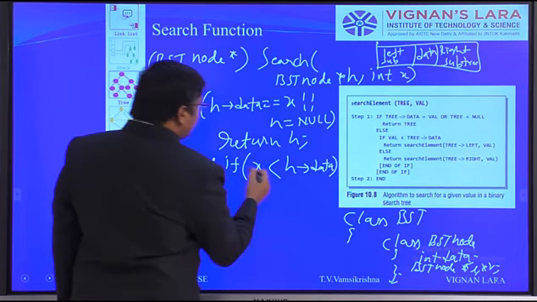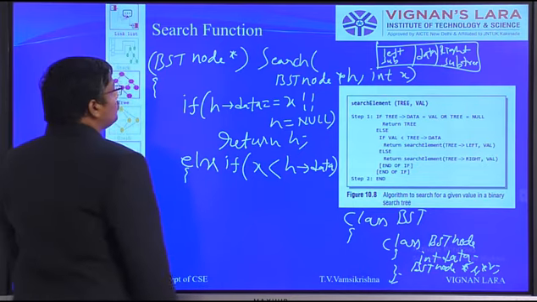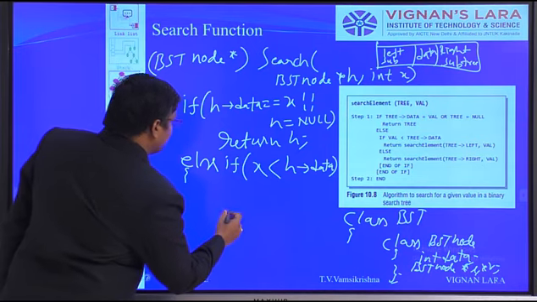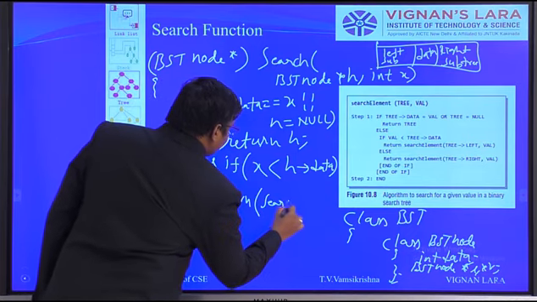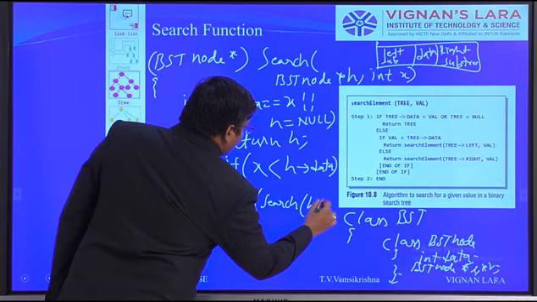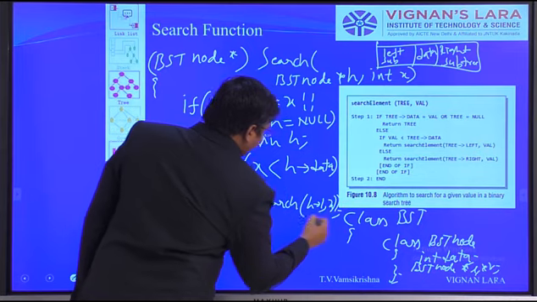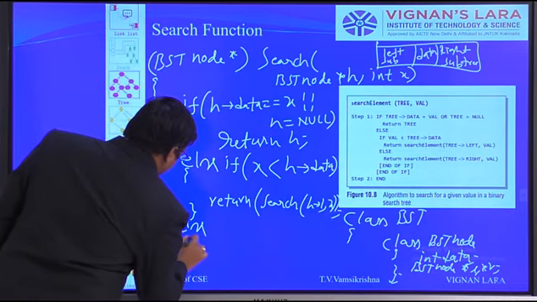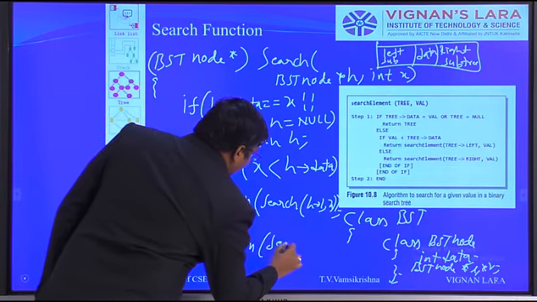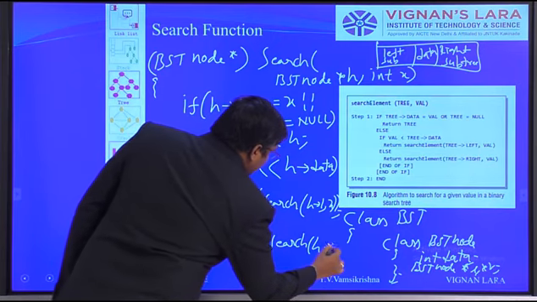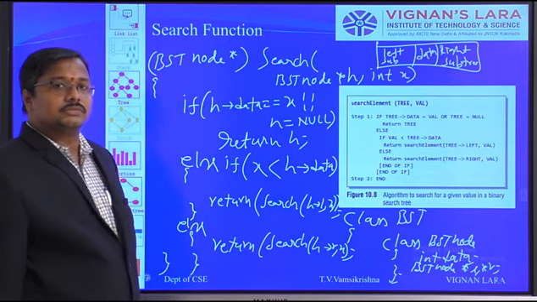If X is less than H of data, we want to move into the left subtree, so we write return search of H of left, comma X. Else, we need to search the right subtree, so return search of H of right, X. This is the search function, a very simple function.